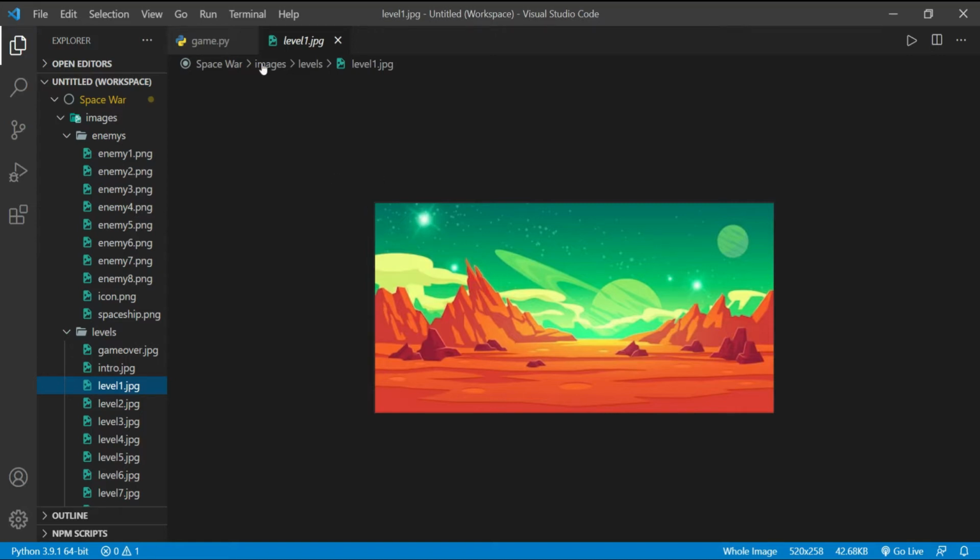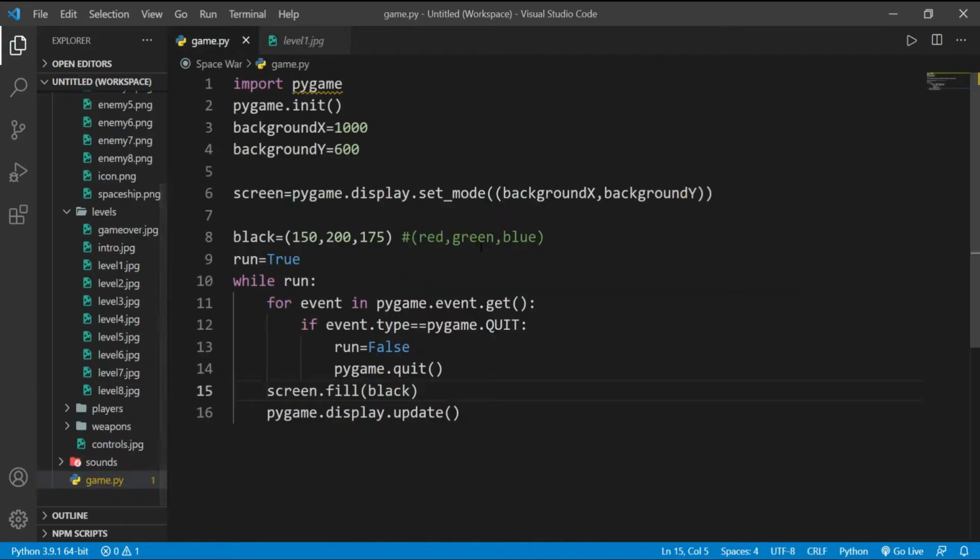And now let's write the code, and for that we will remove this screen.fill since we don't need screen.fill as we are using background images. So here I will write a variable named level1 equals pygame.display.image.load. So this will load the image which we want to load, and here you have to write the